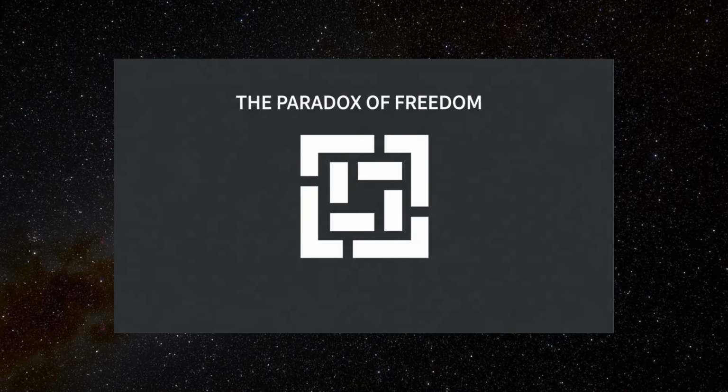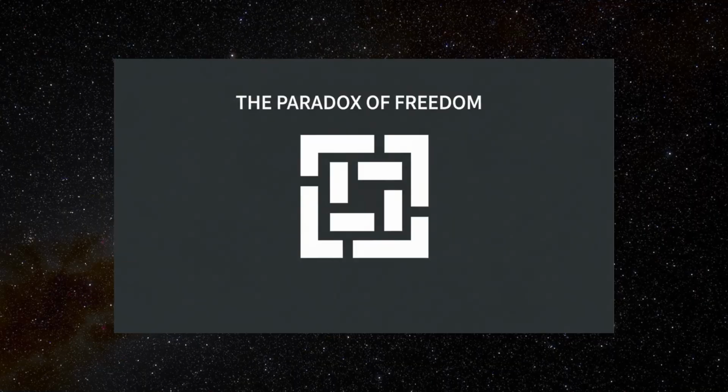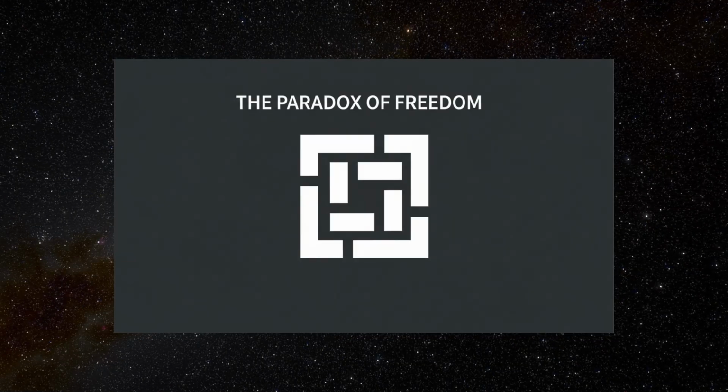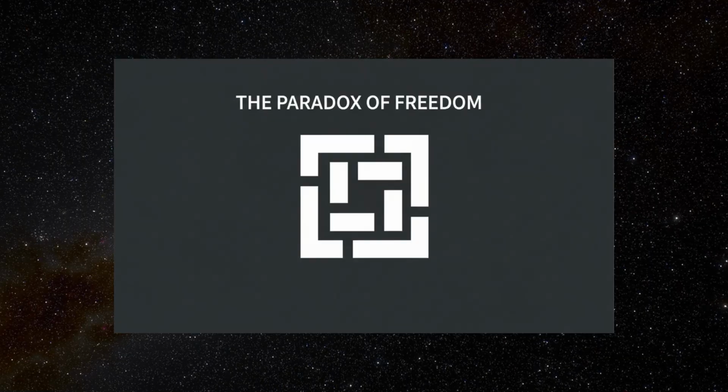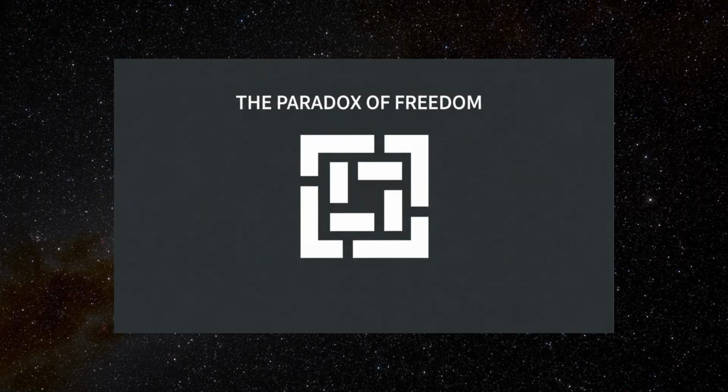In modern terms, this paradox shows up in debates about civil liberties, government regulation, free markets, and social responsibility. How much freedom should individuals have? When do restrictions become oppression, and when are they necessary protections? Where should the line be drawn between freedom from interference and freedom within a just order?